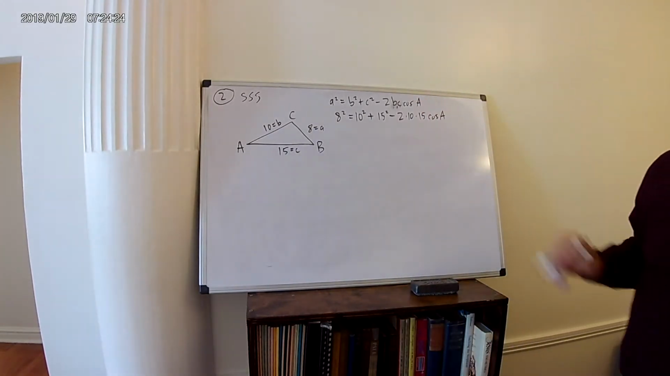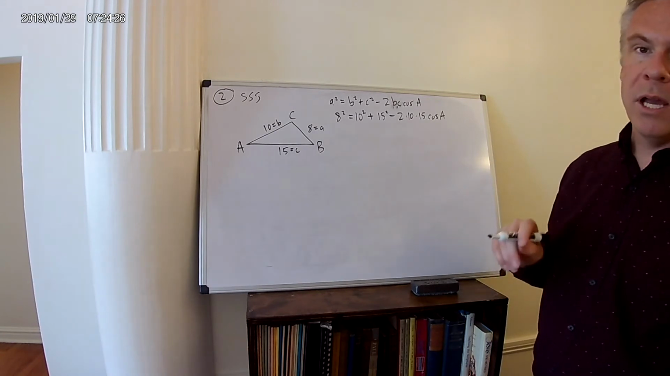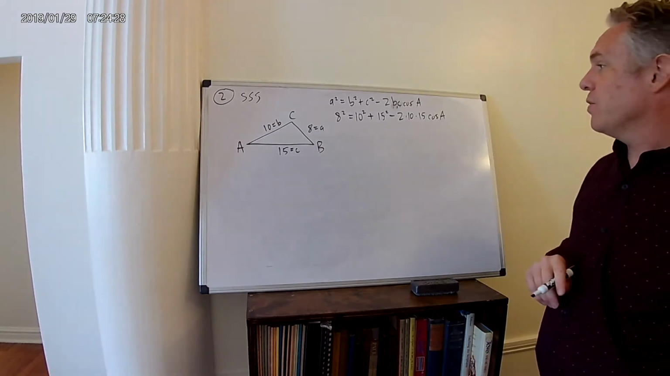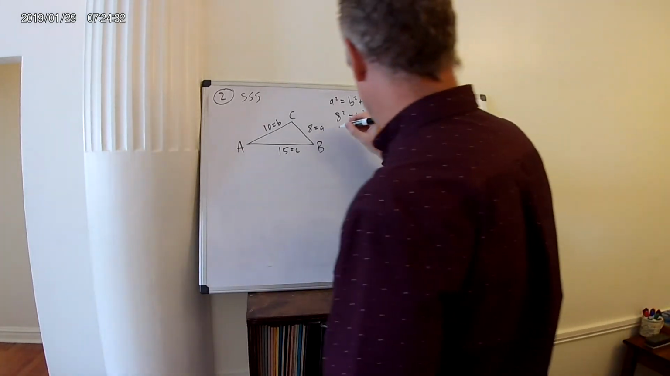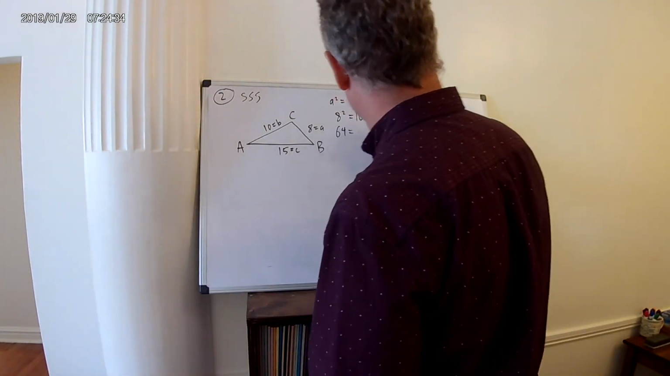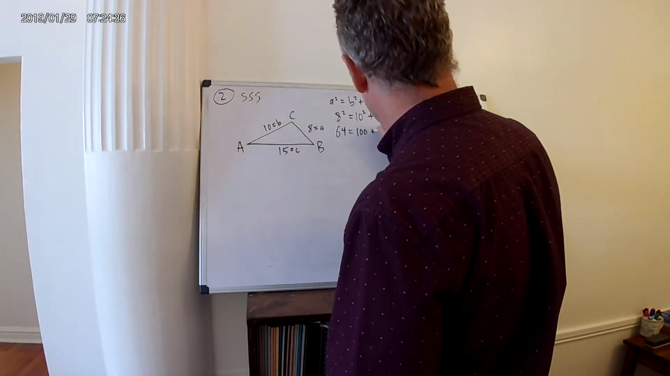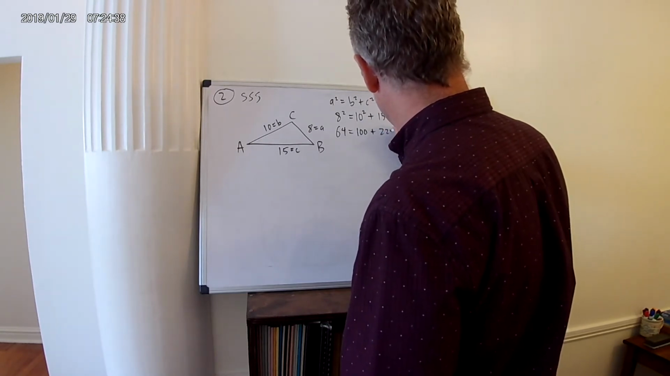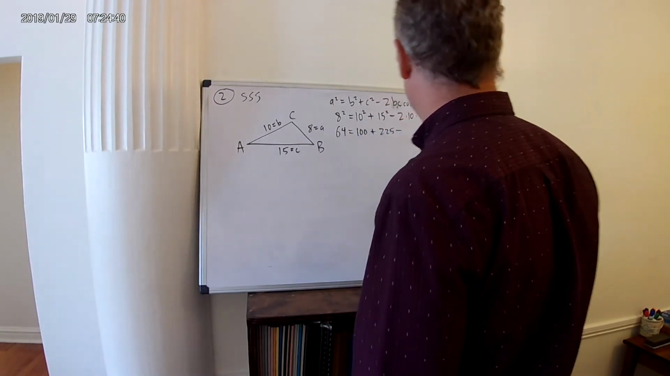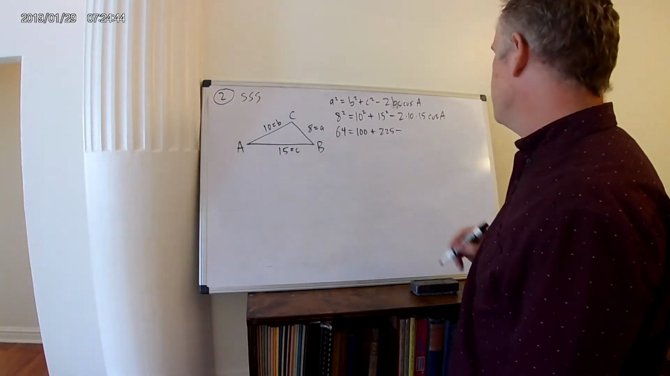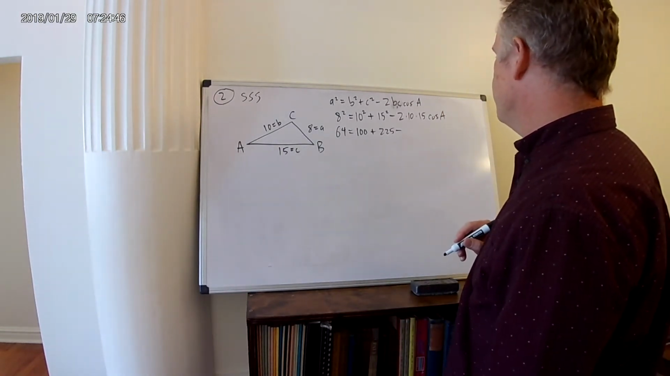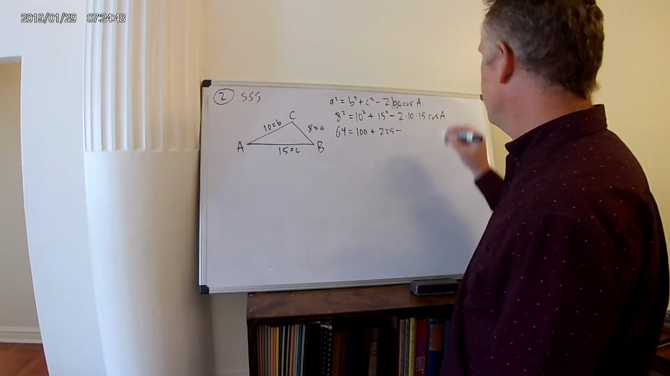Okay, so in this equation now, we have one unknown, but the unknown is an angle, not a side. But we can still solve it for that angle. So let's square these out. We get 64, this is 100, plus 15 squared is 225. This looks like we get 2 times 10 is 20 times 15. It looks like this is going to be 150, 300